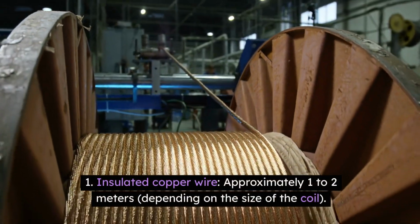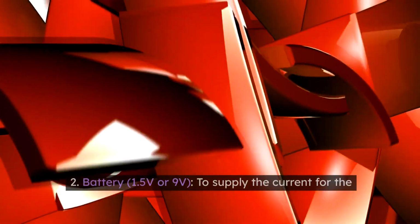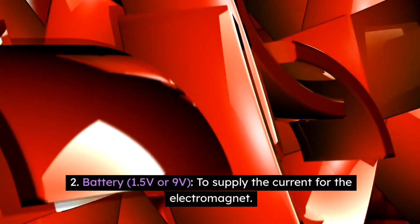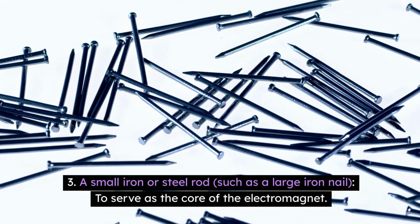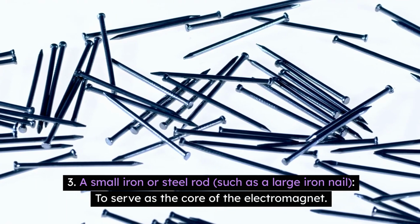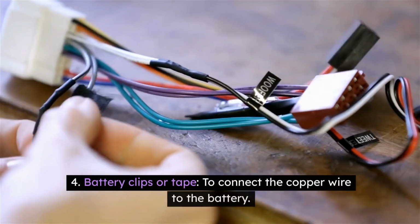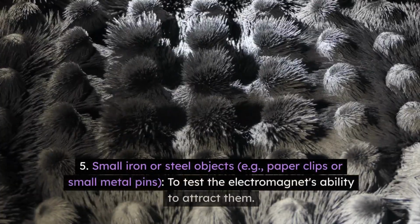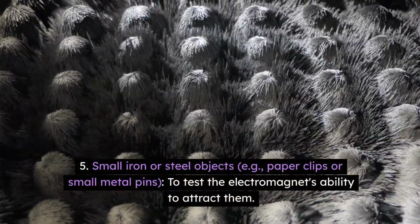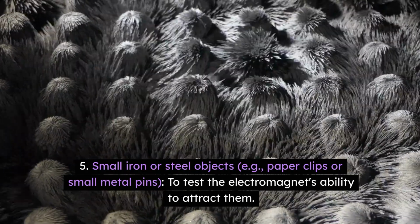1. Insulated copper wire, approximately 1 to 2 meters depending on the size of the coil. 2. Battery, 1.5V or 9V, to supply the current for the electromagnet. 3. A small iron or steel rod, such as a large iron nail, to serve as the core of the electromagnet. 4. Battery clips or tape, to connect the copper wire to the battery. 5. Small iron or steel objects, for example, paper clips or small metal pins, to test the electromagnet's ability to